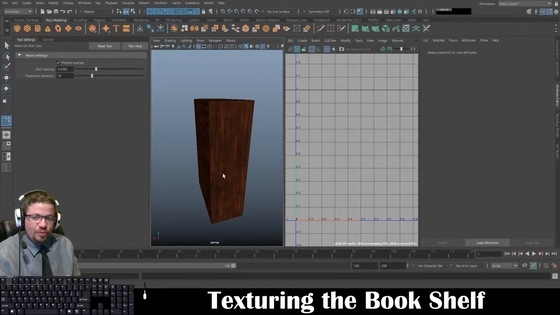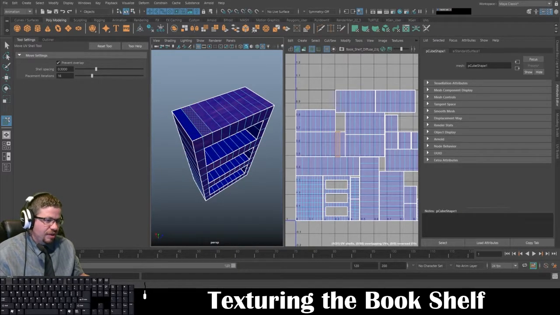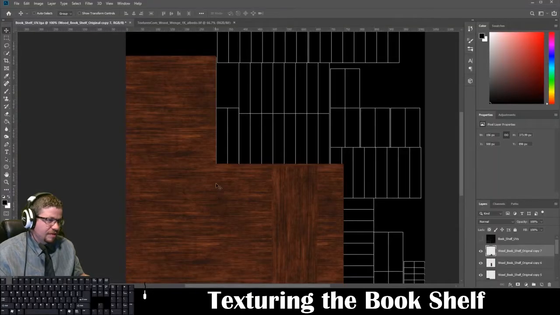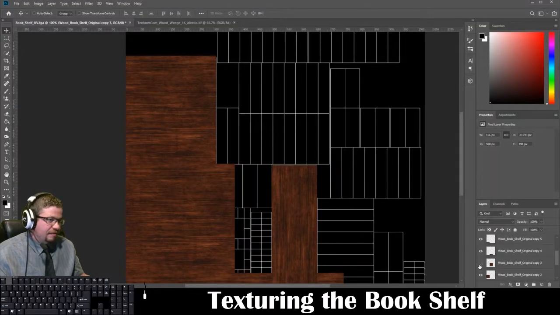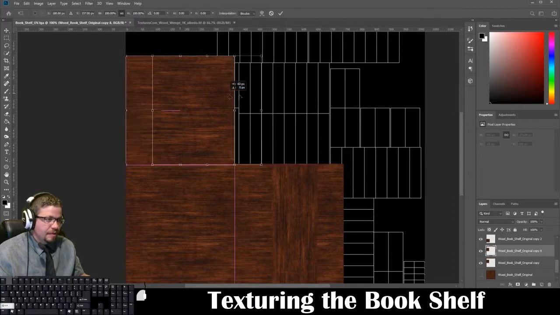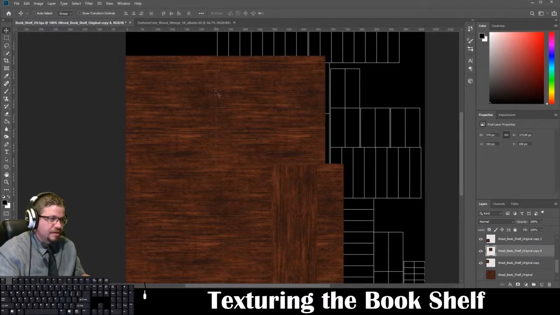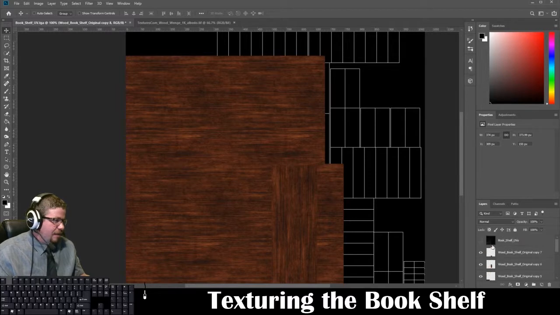So as we did with the crate, where we added numbers 1, 2, 3, 4, 5, 6, we have a lot more sides to it. So I'm just going to continue with this, and I'm going to show you by the time I'm done, give or take, what it should look like. And I don't have these labeled, but so this one I'll duplicate. Press enter, and I see this little seam here. I'm just going to tap on the arrow key left once, and now I'm going to turn on my UVs again,